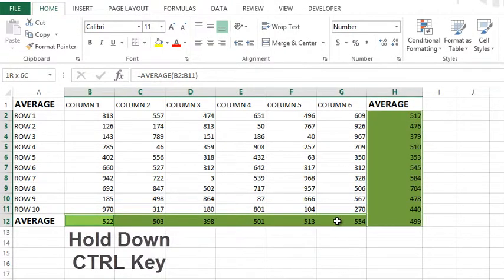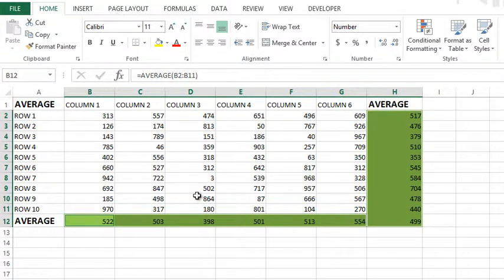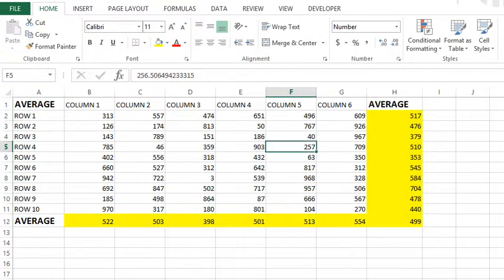With the Control key, you'll notice I can grab additional ranges that are non-adjacent. Now you notice it looks like this cell is not selected. It is. That's just the active cell, so I wouldn't worry about that. That's just telling you which one is currently active. And so you can use Control, I can change the fill color, do whatever we would like. So that's a few things in Excel.